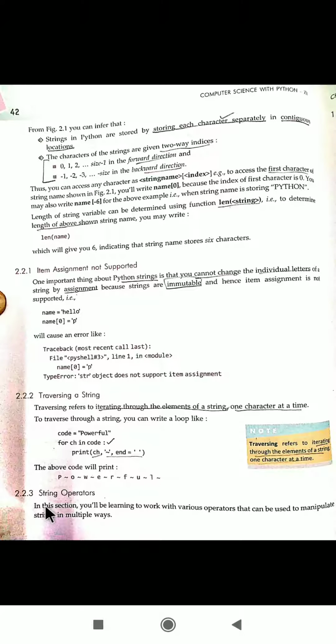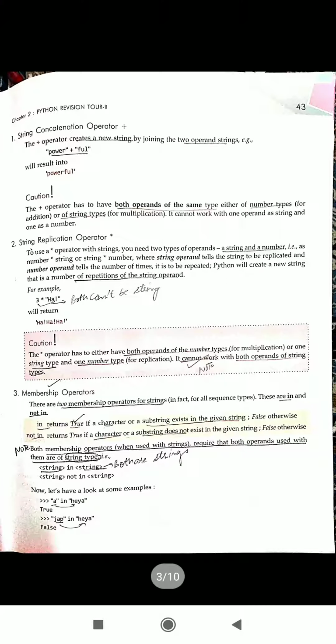Now we'll be discussing the string operators. There are two string operators. I have discussed this in chapter 1 also. One is the plus operator, another one is the star operator, which is also known as the multiplication operator. The plus operator is used to combine two strings together. Power plus full will give you powerful.